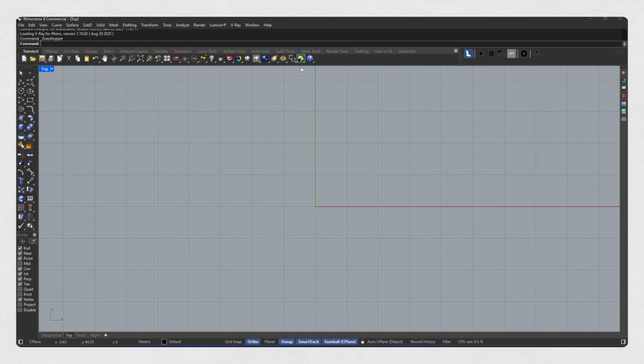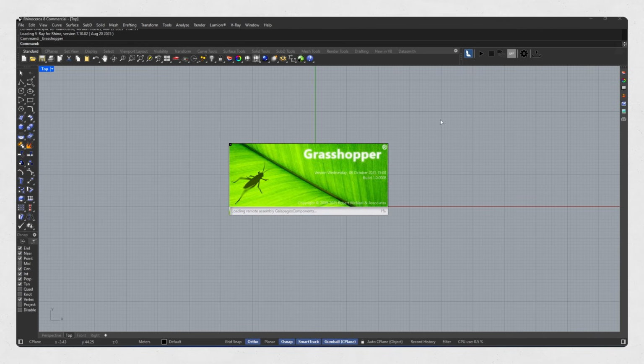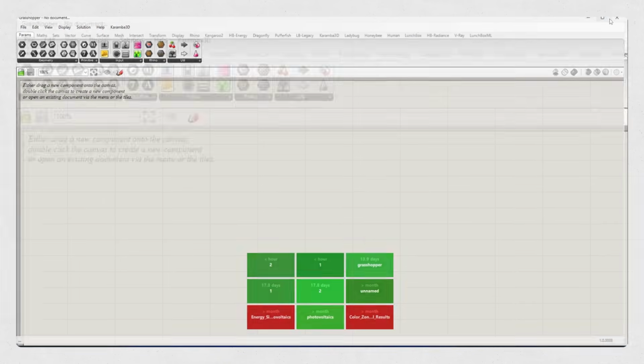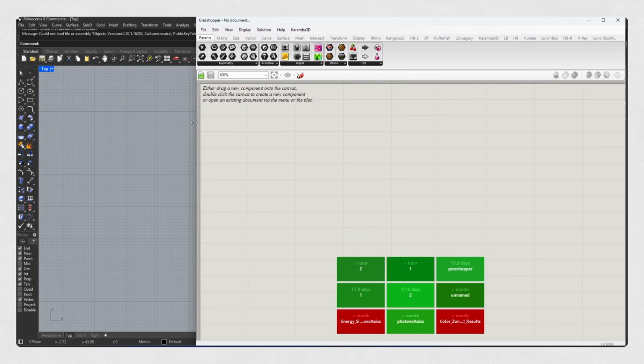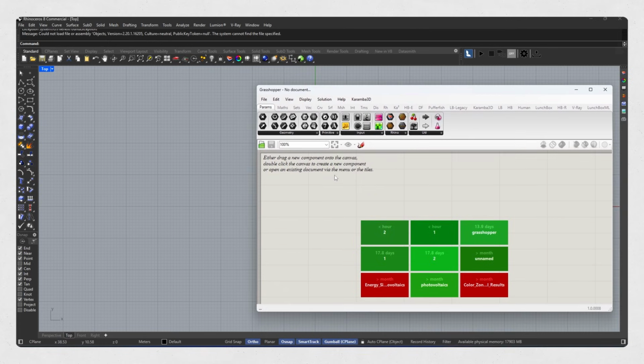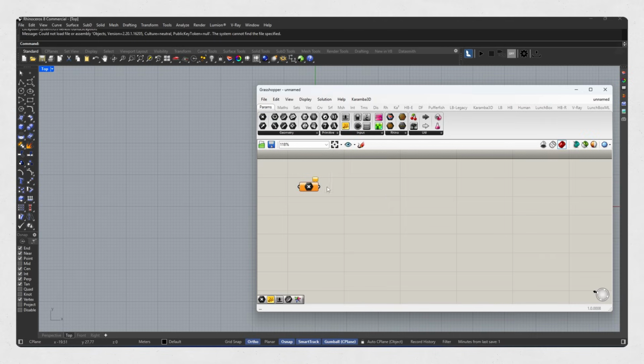When you open it up, a whole new window pops up. It's like a separate space, but totally connected to Rhino. This is where the magic happens, where we'll be crafting our designs in a logical, parametric way. Now, unlike Rhino, where you're just dealing with lines and surfaces, in Grasshopper it's all about components and how they